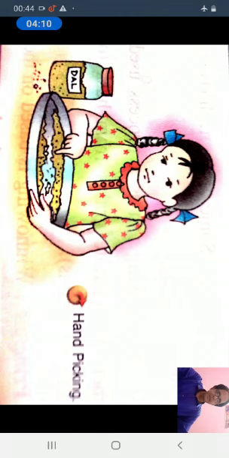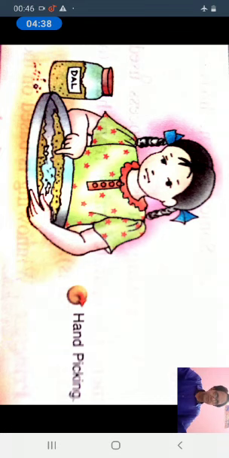Principle: it is based on the fact that one of the components differs in shape, size or color. Method: this method is used only when any one of the components is present in small quantities and differs in color, shape or size, so that it can be picked up manually.